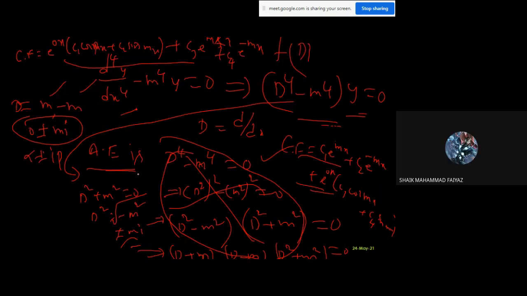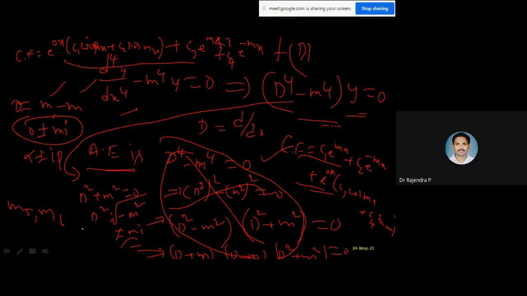So now, excuse me, sir. Yeah, tell me. Sir, can you go to the backside, sir? Yes, yes. Sir, if we have another root? You can continue; they become real and equal. Suppose another two roots are there. Those two roots are m5 and m6, as you assume. Already 4 roots are over, so I will write here m5, m6, right?